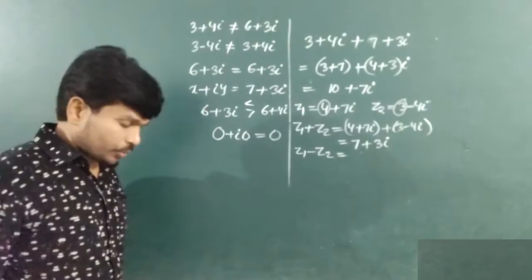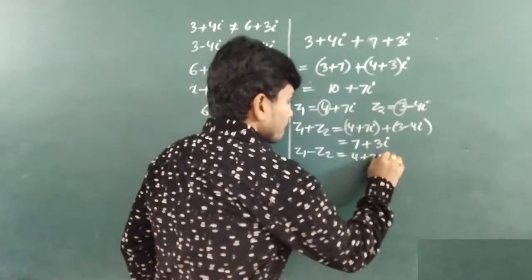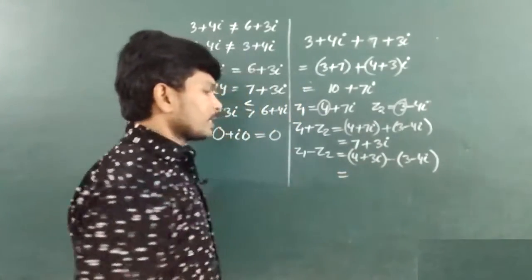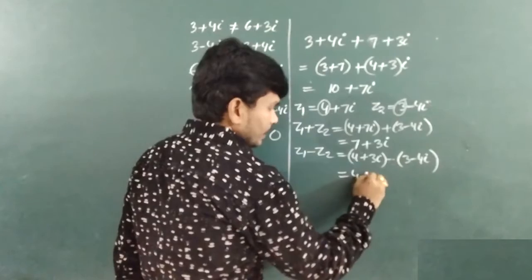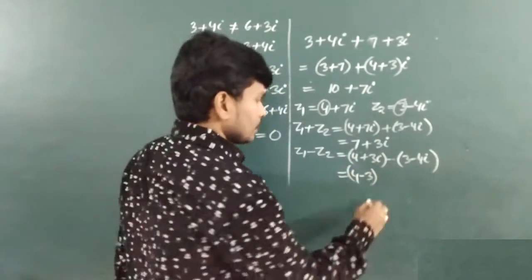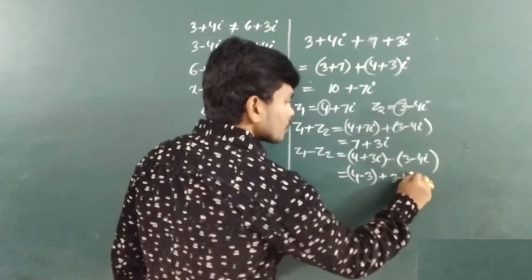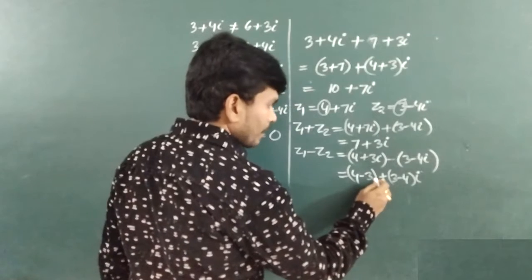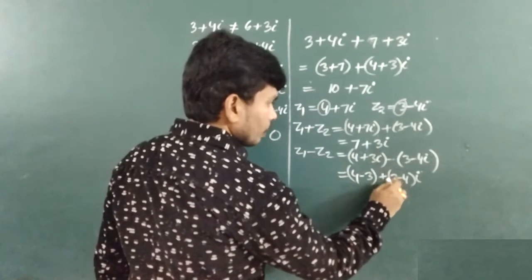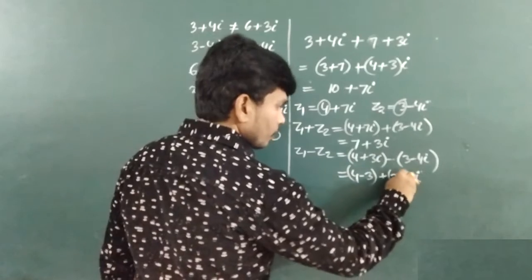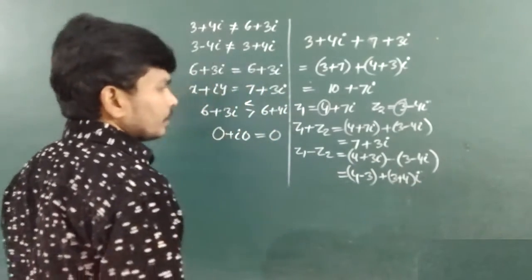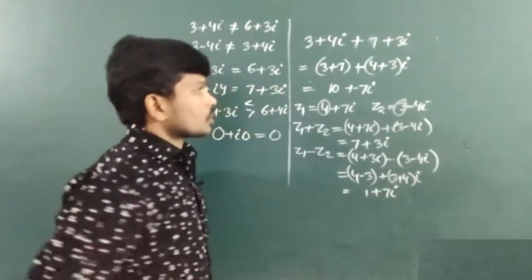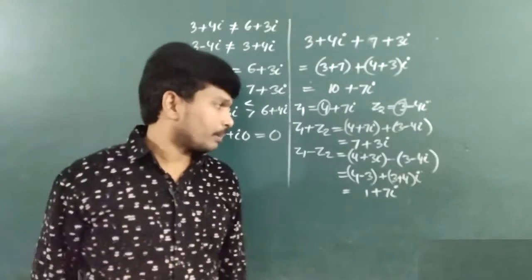Now you do Z1 minus Z2. 4 plus 7i minus 3 minus 4i. Now real parts you have to subtract, and imaginary parts you have to subtract. See here, when we are subtracting, it is minus into minus, plus 4. Yes, very good. So 4 minus 3 is 1, plus 7i minus, it is 1 plus 7i. It is the subtraction of complex numbers.